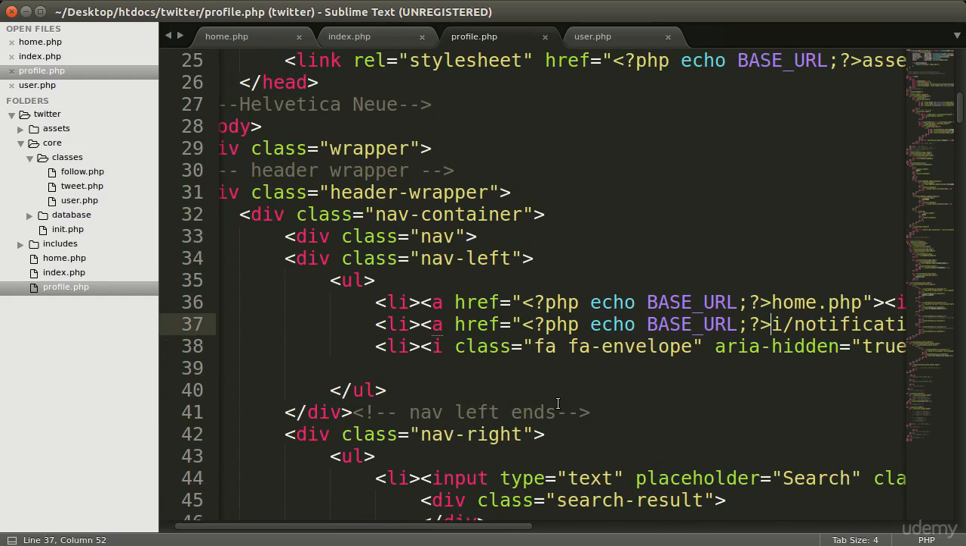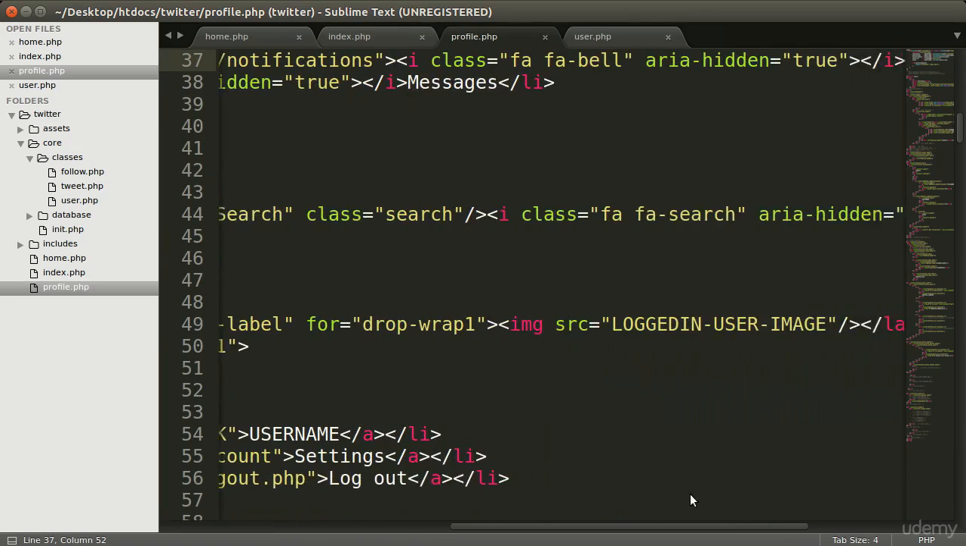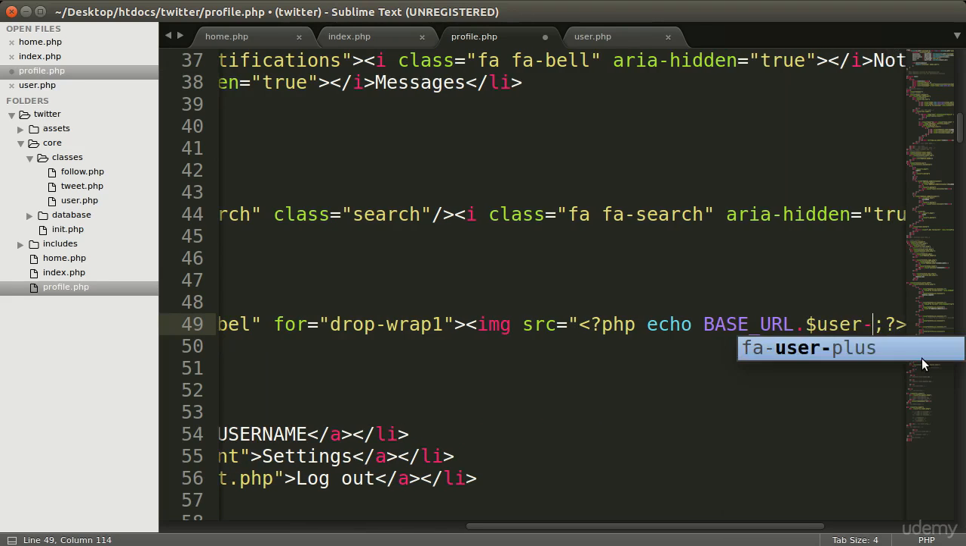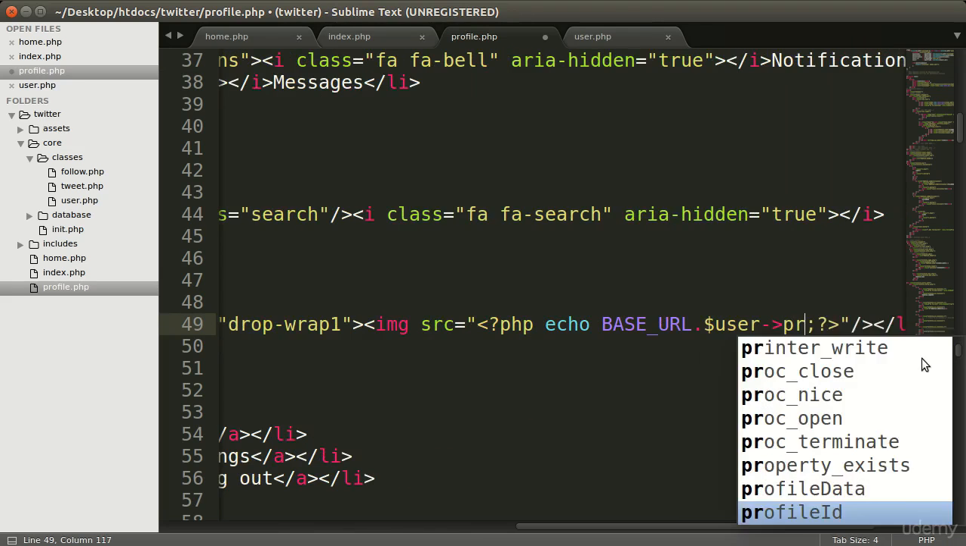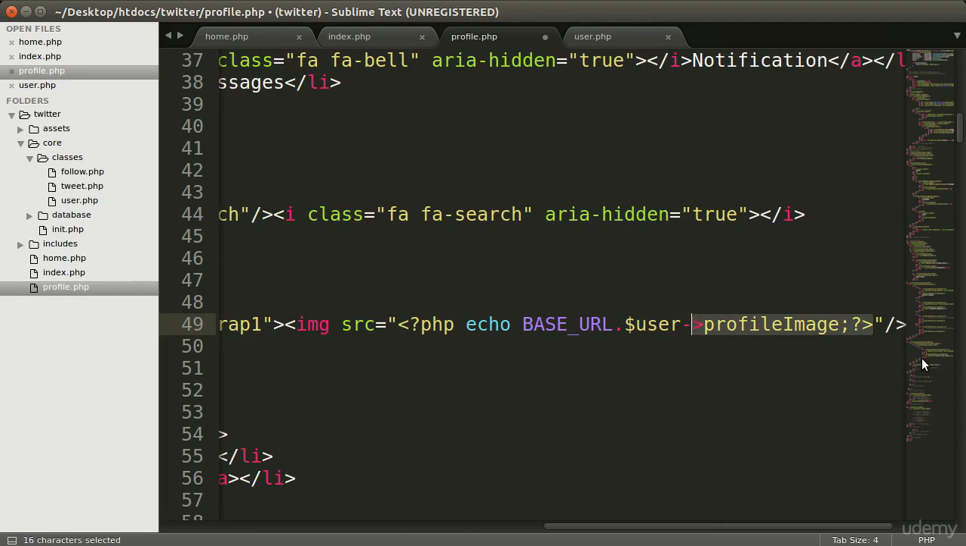So when we rewrite the URLs for our profiles, our links will not work because we need to add the base URL for our links and profile images. So scroll down to find the user profile link and the username and the image. Here will be the logged in user image. So we need to echo the base URL, and we need to concatenate the user variable, and here will be profile image. Now copy the PHP block,